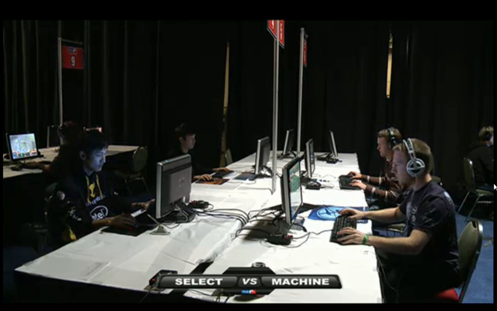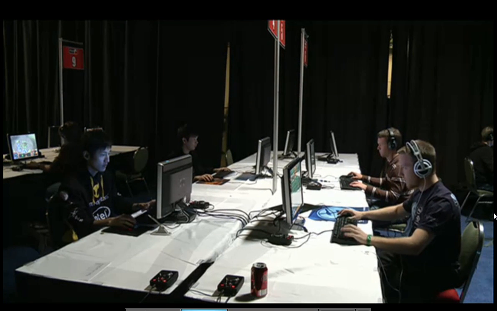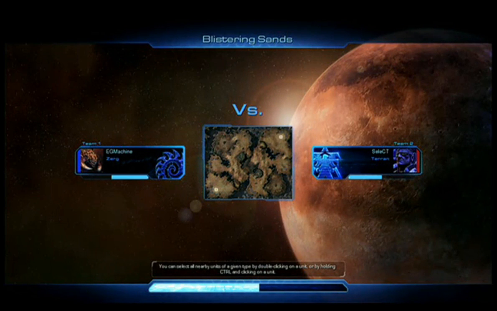Here for Select from Team Dignitas and for Machine from Team Evil Geniuses. And here we go, jumping into Blistering Sands as soon as this spawns. Two-player map, so you can't really be waiting on spawns. Zerg really feels comfortable taking their expansion early, I believe, on this map because you do have